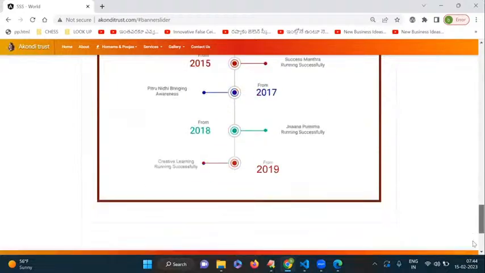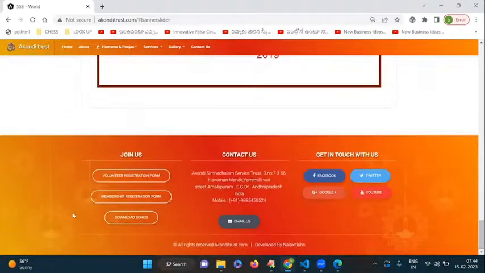Like that here, this is also one div. Inside this div, again, this is one span, this is one span, this is one span. So join us is one span, contact us is one span. Like that, we can use div and span tags. And the second point: div is a block level element, span is an inline element. So by using CSS styles, you can convert